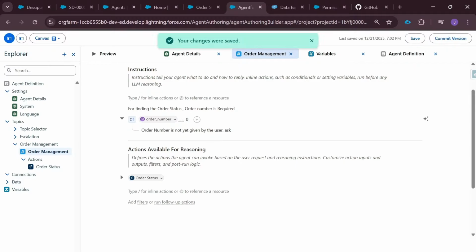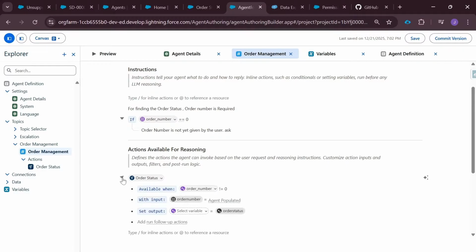So we have added an if condition saying that order number is not equal to 0. I have to set a new action here, which is actually not coming from canvas right now. So let me switch to script, but that should be available here also. Like I should be able to move out of